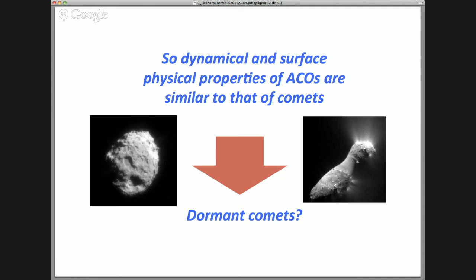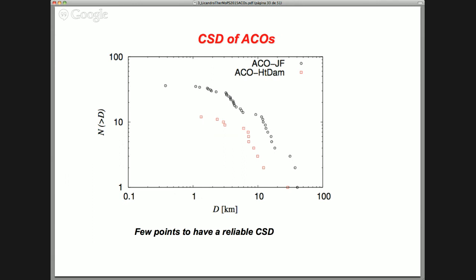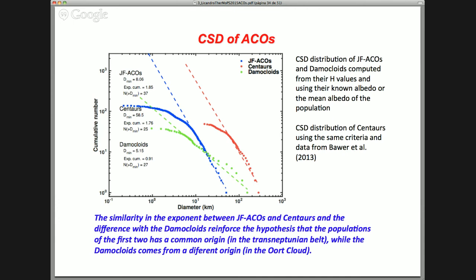The final thing we did is to study the size distribution. We have very few objects to make this, and we have a very narrow albedo distribution. What we did is to use the absolute magnitude and use an albedo of 4% and vary it in a statistical way to produce this kind of cumulative size distribution for